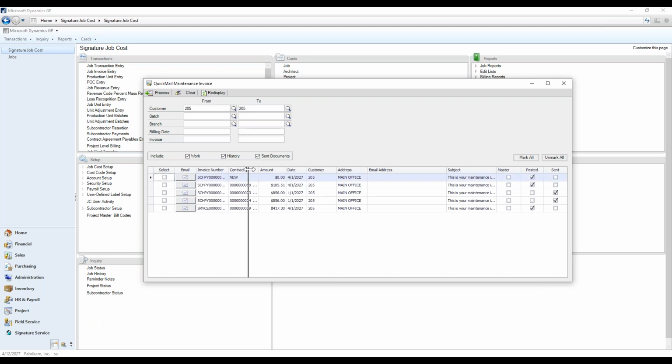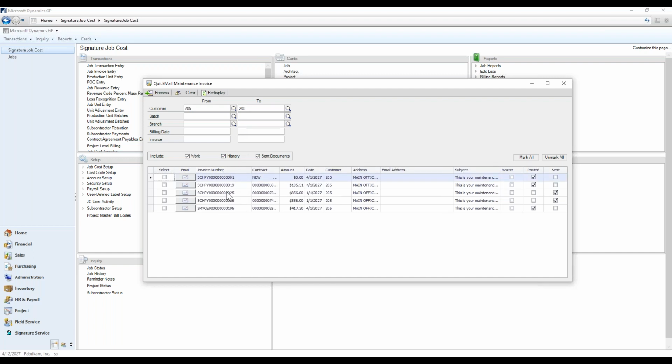And here you can see our scheduled payments, our maintenance invoices that it had been creating for them, pulling that data in. A little different here, we have an additional column because of master contracts. So if it's a master contract, it will indicate that here, that based on a master, the billing was done. So it would actually be for multiple contracts. Again, we wanted to identify that so people knew that portion, as well as you see the posted and